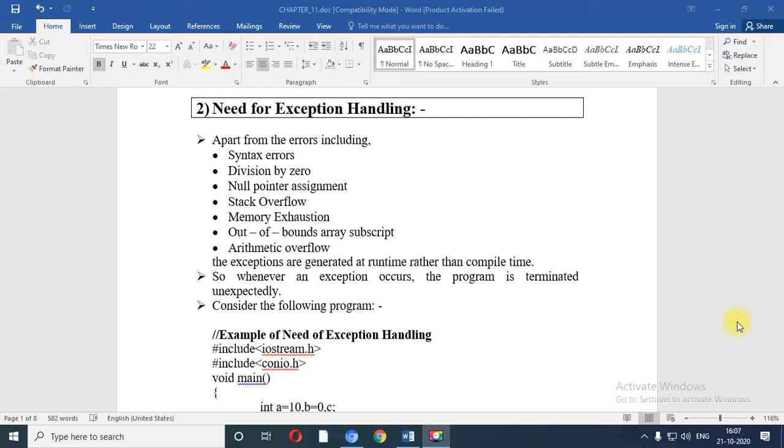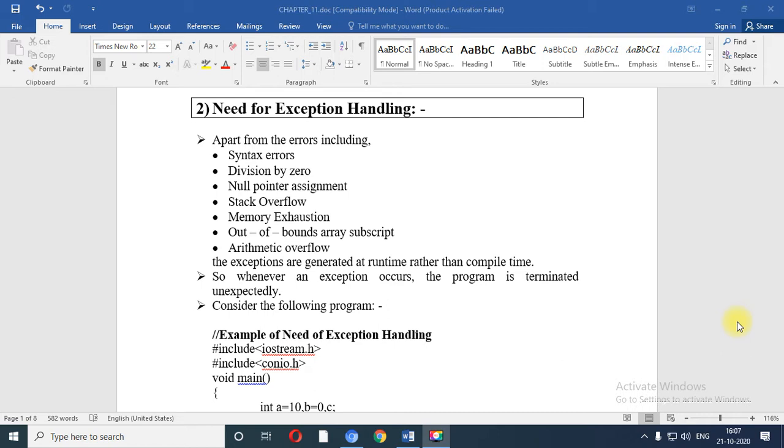And last is arithmetic overflow. Sometimes when you perform arithmetic operations, an exception may be raised during the arithmetic performance. So these are all the exceptions which may be raised during runtime rather than compile time.